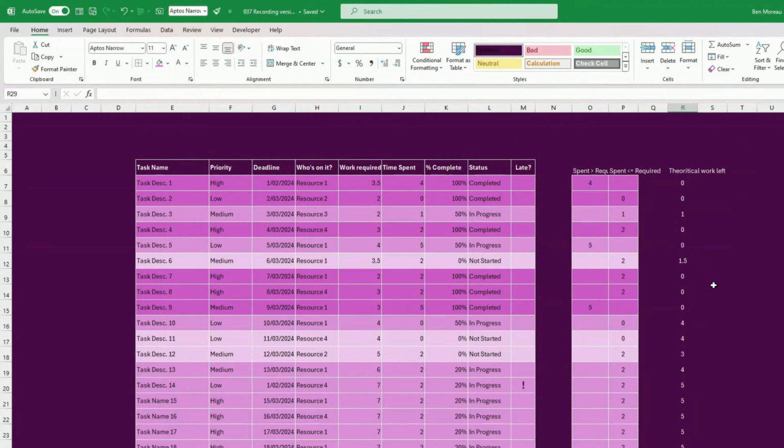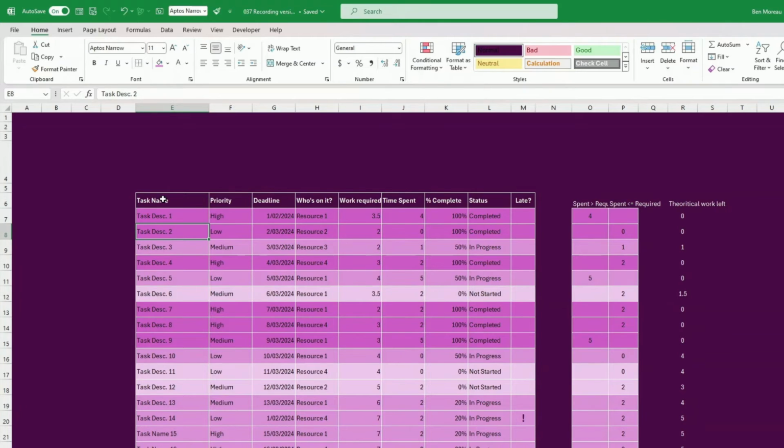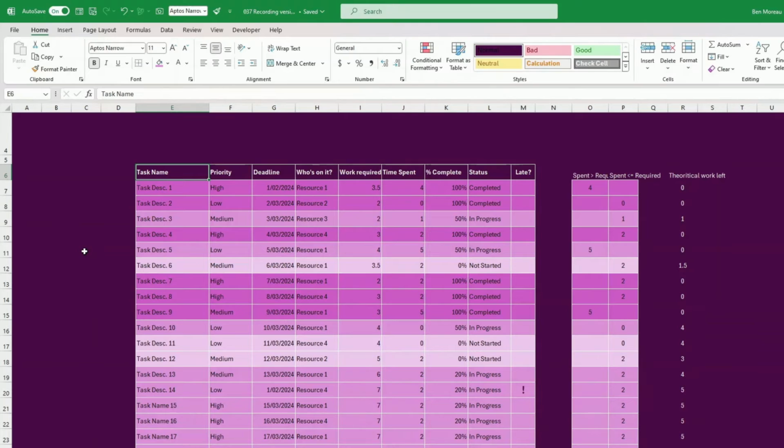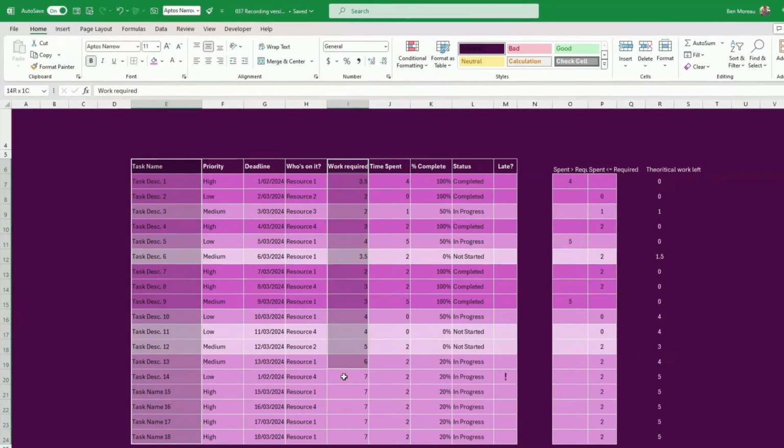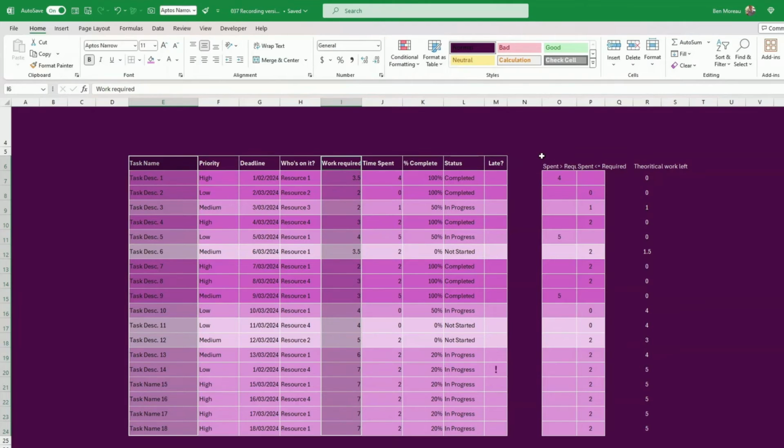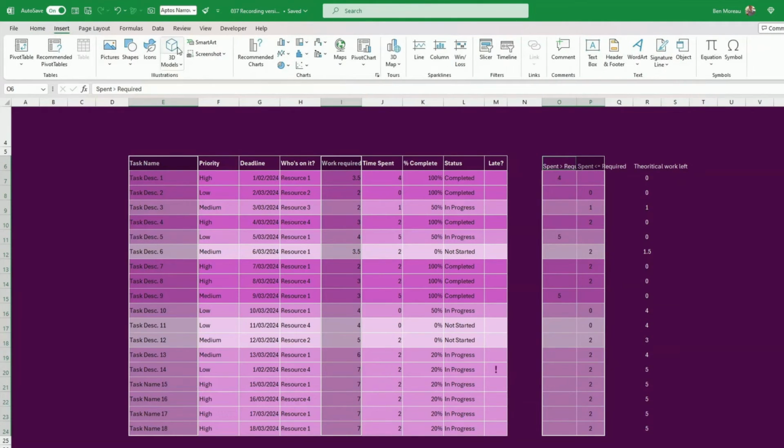So we have all the information now, I believe, to get started on our charts. Charts are a bit daunting sometimes, but it can be quite easy when we select the right data to get us started. So here I would just want to put the work required by task and the time spent. I want to take those 2 here because there are 2 scenarios really. Okay, so here I go insert, I go to chart, and I take